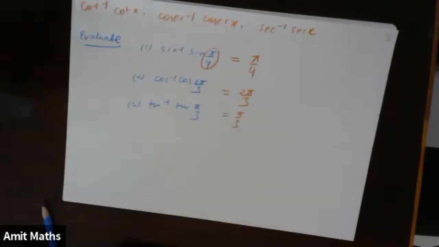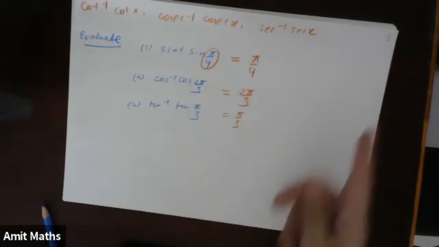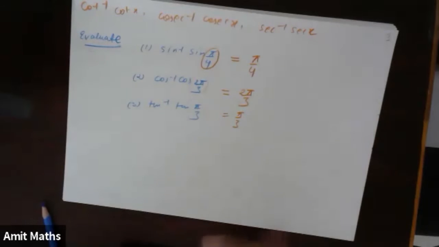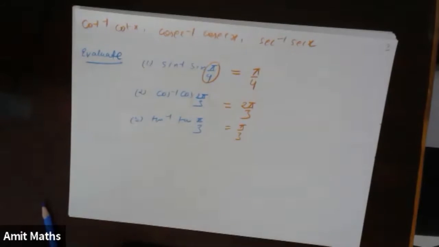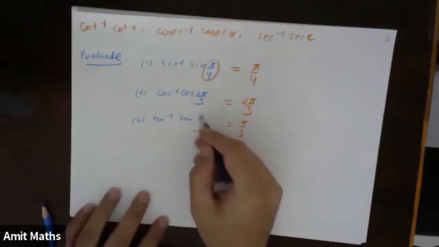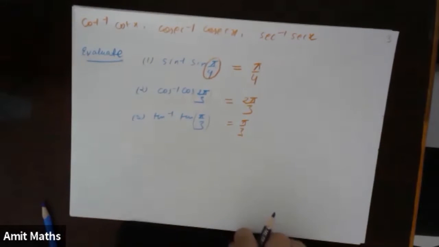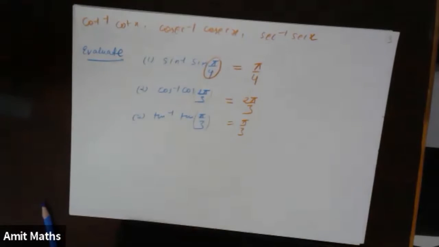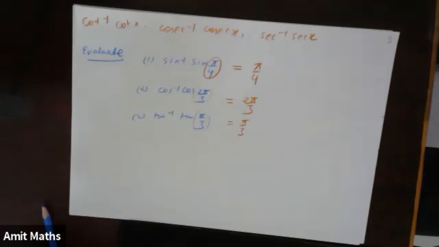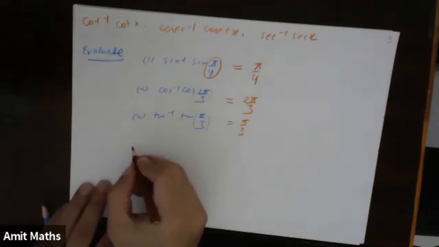I will give you a question in which we have another angle also. We do not have an angle from the principal value. I am just trying to show you that if it is between the principal value, the output will be the same. Understood? Now let's take a question. Gokulnath, let's take a question in which we do not have the angle in between the principal value. So something similar to this.